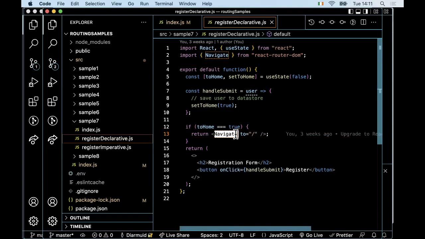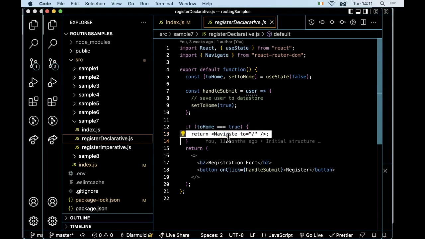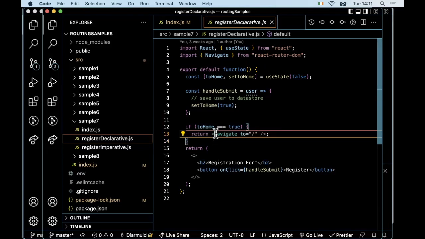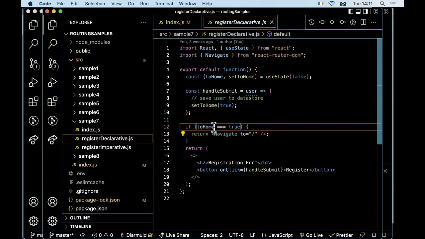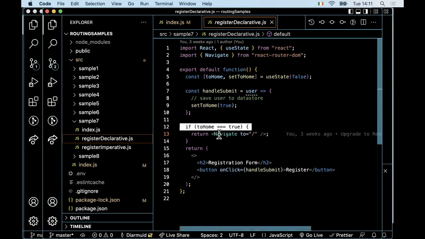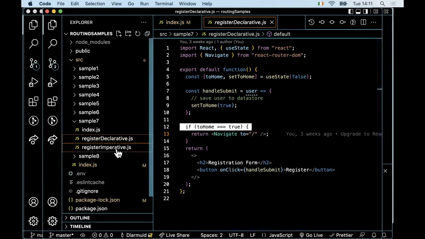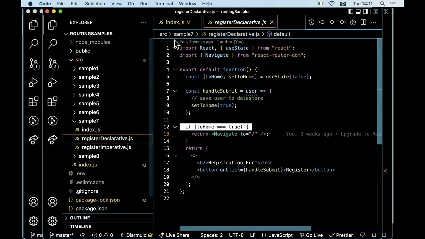So this is what I mean by a declarative implementation of programmatic navigation. I'm using this special component provided by the React router. I'm just declaring here what I want to happen as a result of this condition being true. That's declarative approach. If we take the imperative approach, so if I go back to my